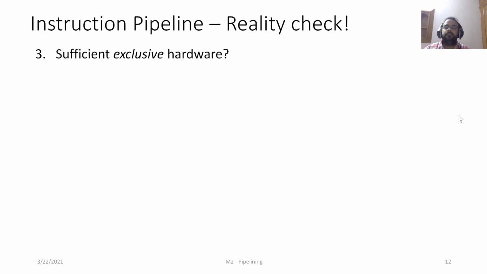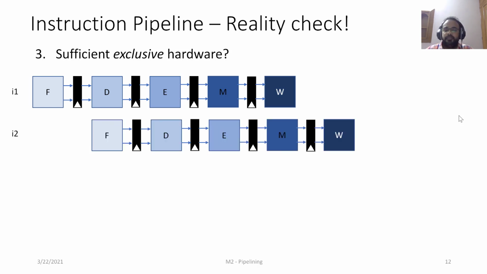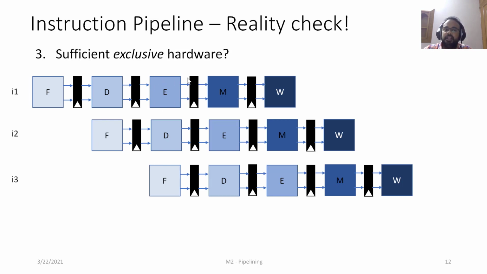Moving on, the third assumption we made was assuming that the hardware for each of the stages is exclusive. Now let's try to address that. We expect instruction 1 would pass on from one stage to another: fetch, decode, execute, memory, and write back. And instruction 2 would be looking like this. So when I1 is getting decoded, I2 will be fetched. In the same way, when I1 is getting executed, I2 would be decoding, and I3 will be fetched,